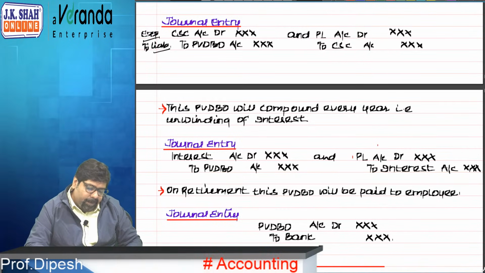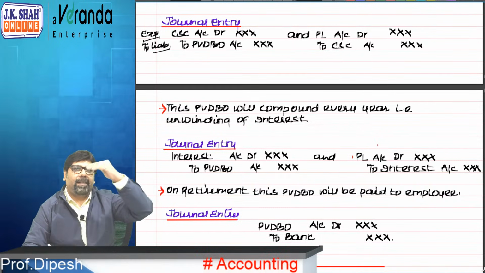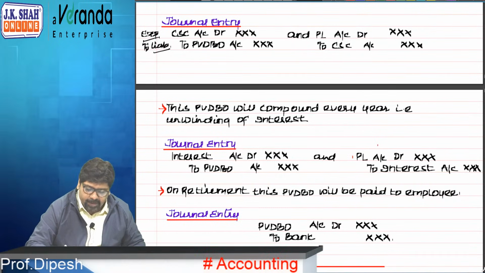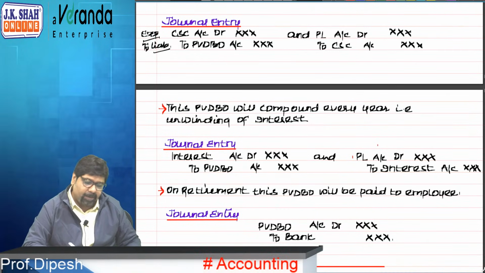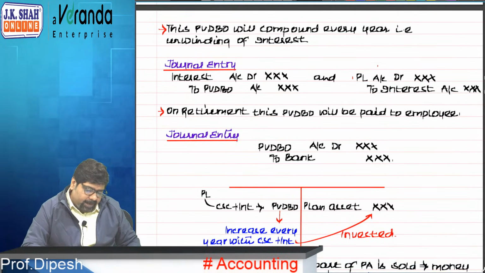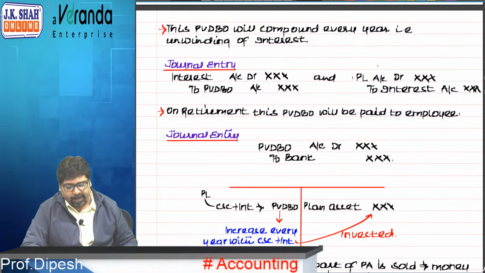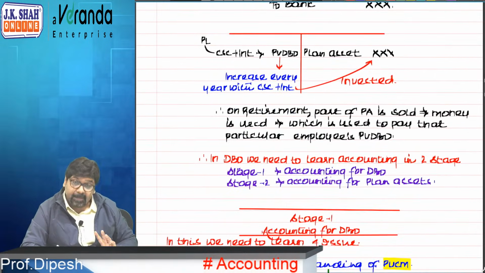Every year it will keep on increasing with interest. This PV of DBO will compound every year, unwinding of interest. This PV DBO will keep on increasing every year because of interest. So, interest to PV DBO, P&L to interest. On retirement, this PV DBO will be paid to the employee, PV DBO to bank. Correct? Now,